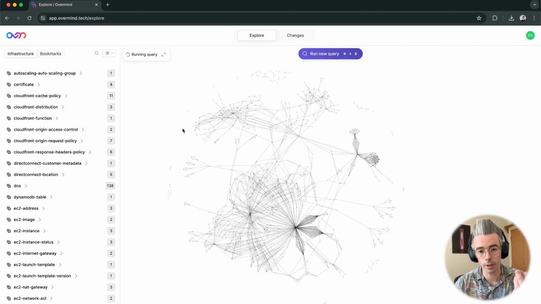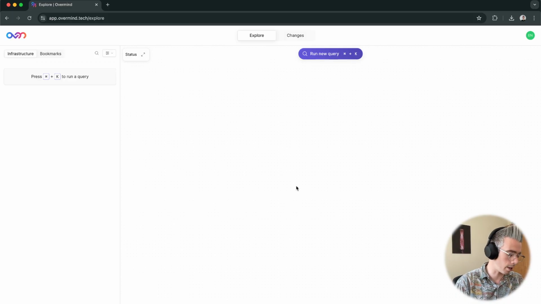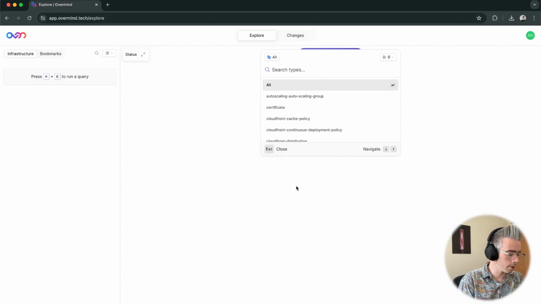The other thing that we can do here is that we can save bookmarks. So this is quite a lot of stuff, and there's a lot of applications here, and so looking at it all together is useful for looking at large trends, but not so useful for looking at the health of a single application. So instead, what we might do, I'm just going to refresh, is if we were to look at